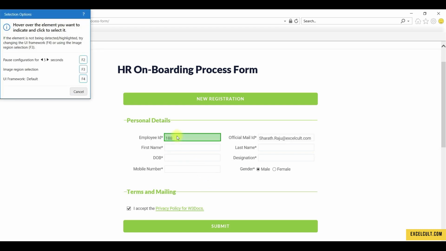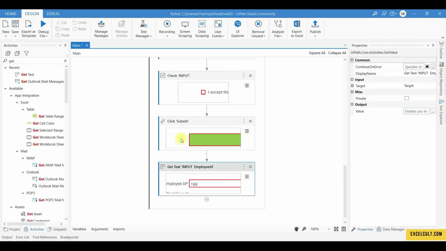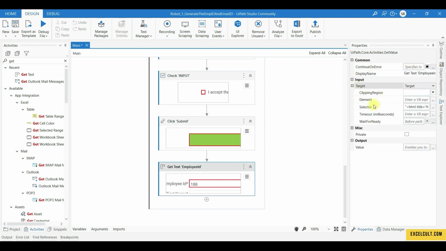So I'm right here. I'm able to select the employee ID here. So I'll just click over there, and it says I'm fetching get text of employee ID. Okay, I'll go right over to the properties and we'll just look at it. So it is continue on error, which we know, and then we get the inputs, which is nothing but the selector,